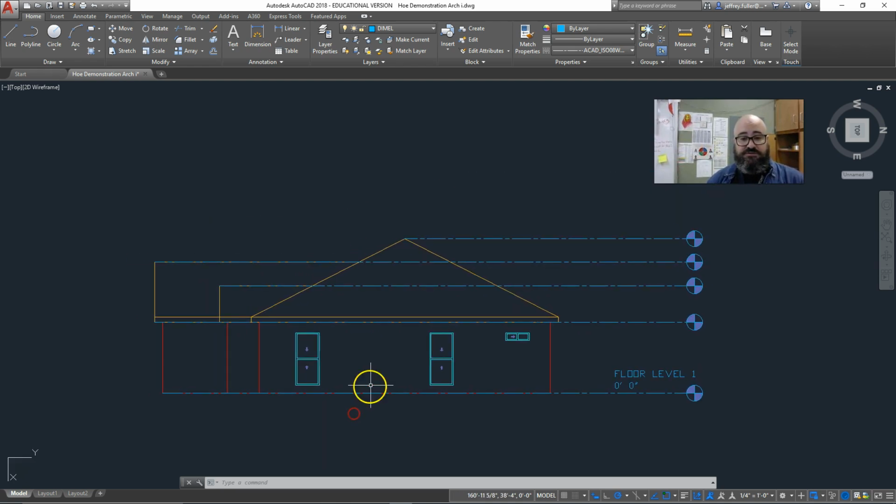Okay, so anyway, there's your elevations, and of course you'll put some notes on here. I want you to put some notes. You could have tons of notes on your elevation views, notes with leaders telling you what kind of materials or any kind of special information about it. I want you to get practice using the